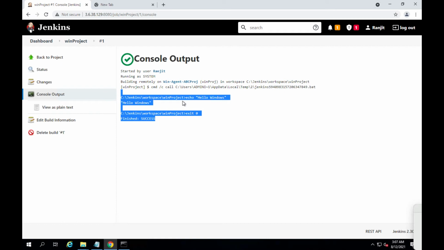So restrict it here, give a label called WinProj. Once you set up the label there, it will come automatically here, and select this. Okay, now save it. So what will happen if I build this project now? It will run on the,